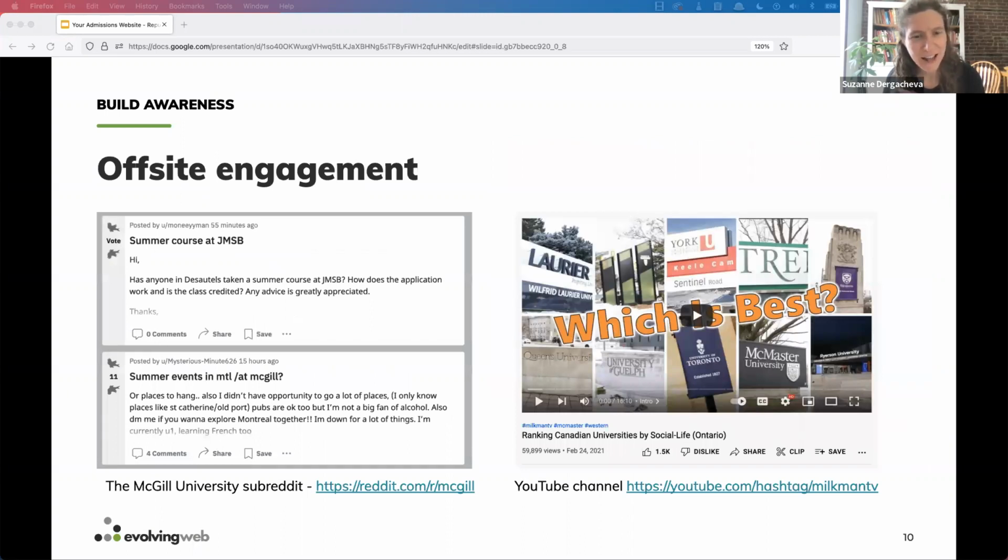is that a lot of potential students are doing their research and they're finding this admissions site or this admissions section, and they're finding lots of information there, but they are also finding content on YouTube, they're going to Reddit, there's all these other places where they're looking for other perspectives about your institution. And these are places that you can also operate. And so it's good to have an awareness of what these places are that people are going to look for